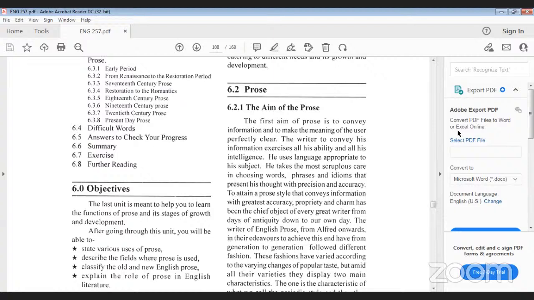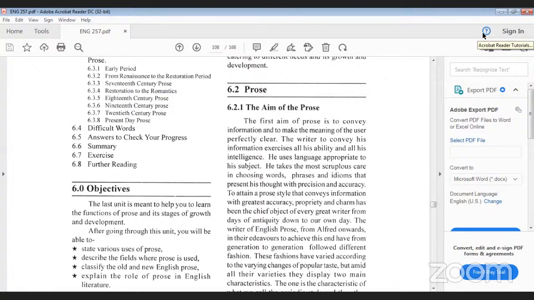Okay, here the aim of the prose. The first aim of the prose is to convey information and to make the meaning perfectly clear. The writer, to convey his information, exercises all his ability and all his intelligence. He must use language appropriate to his subject. He takes most scrupulous care in choosing words, phrases, and idioms that present his thoughts with precision and accuracy, to attain a prose style that conveys information with greatest accuracy, propriety, and clarity. This has been the chief object of the very great